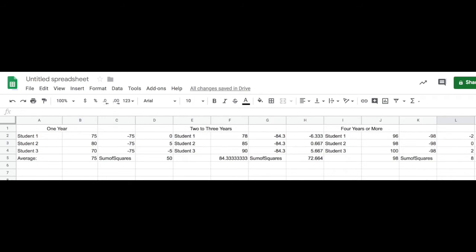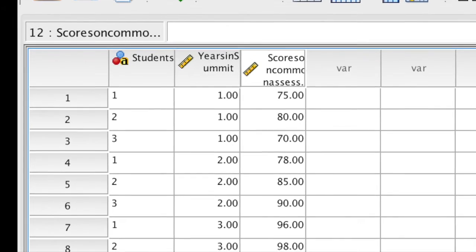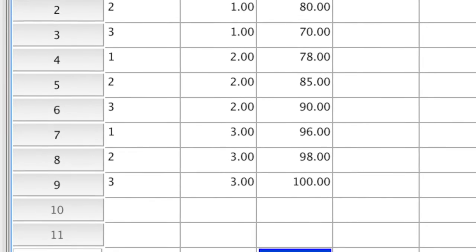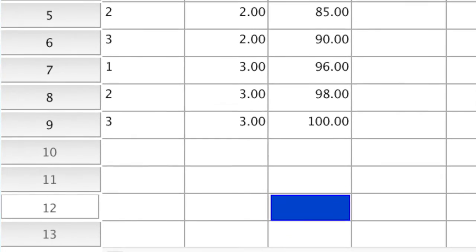Then we add those sums to give us the value seen in the report yielded by the one-way ANOVA test that we conducted in SPSS. If you divide that sum by the degrees of freedom, which is 6, you get the value of 21.778. Now let's do the sum of squares between groups, which is obtained by subtracting the mean of the values of the overall group, which is